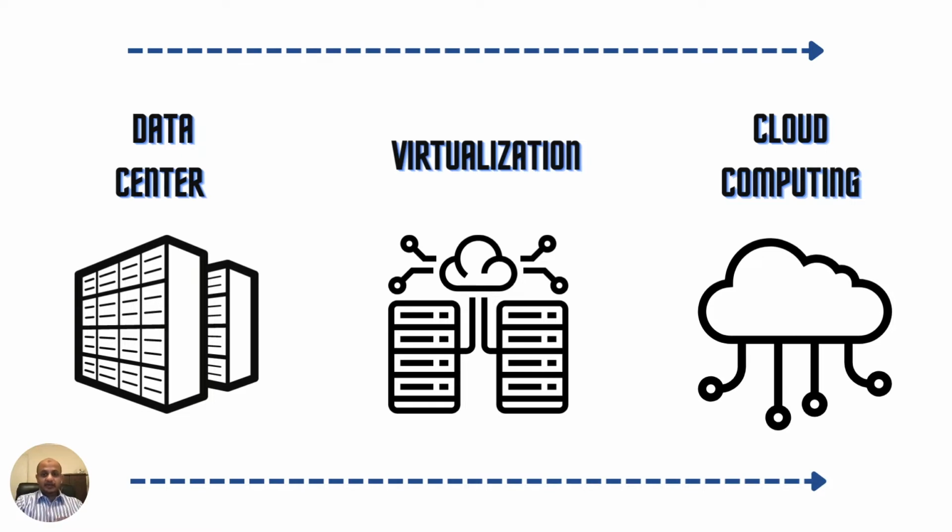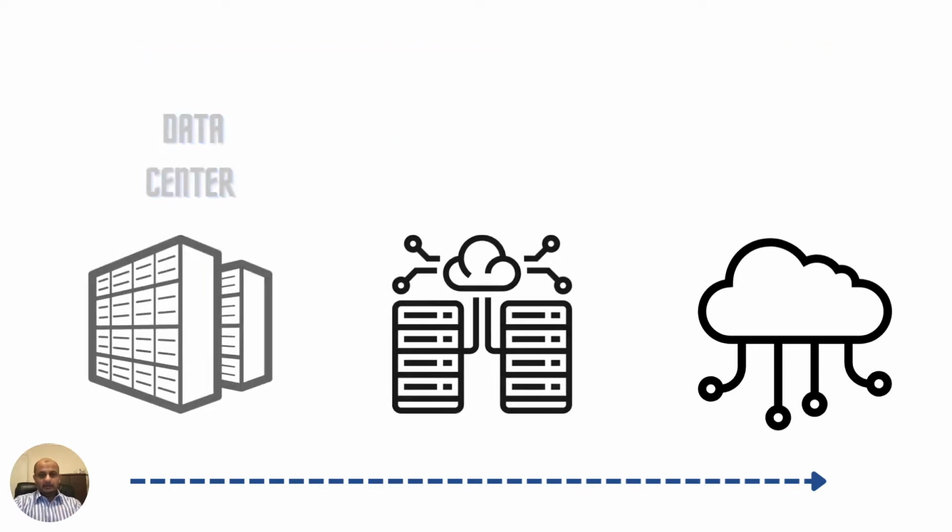Organizations can move faster, right? You don't have to worry about purchasing and provisioning hardware. Everything is in software, and downtime gets reduced because you can increase and decrease your servers as you want, right? You can save money because your capital expenditure goes down, and you can plan it better. And we also see security benefits because you're moving things to a cloud service provider, and we'll see later that these cloud service providers follow very strict security standards to make sure that their customers' data is protected. So you actually benefit from the security perspective. So this is a very high-level history of how cloud computing came about.